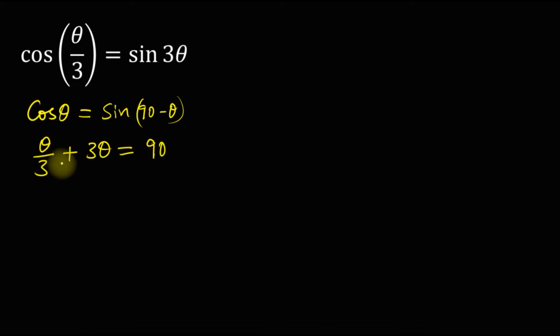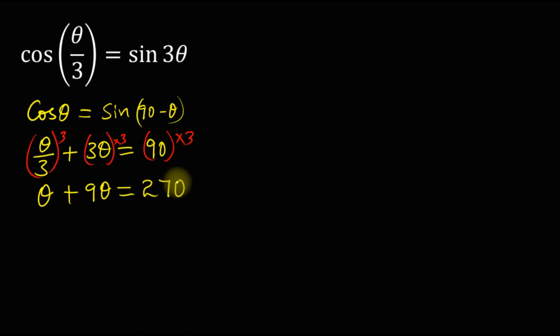Then multiply each term through by 3. If I multiply this by 3, I also multiply this by 3, and I also multiply this by 3. So I will end up getting theta plus 9 theta will be equal to